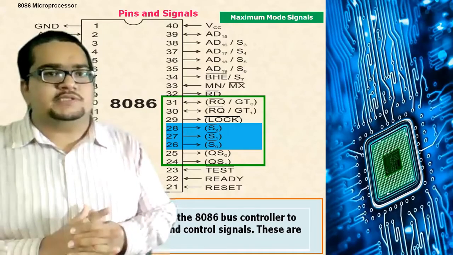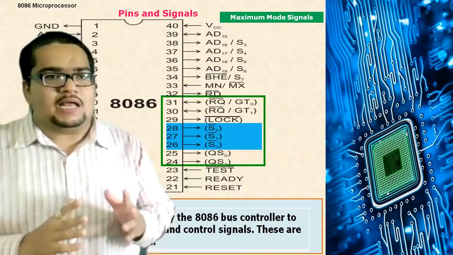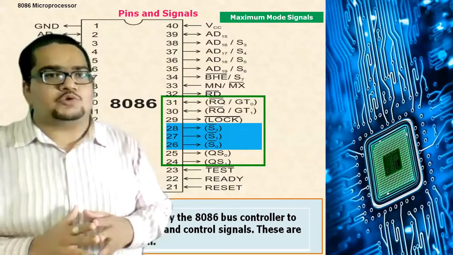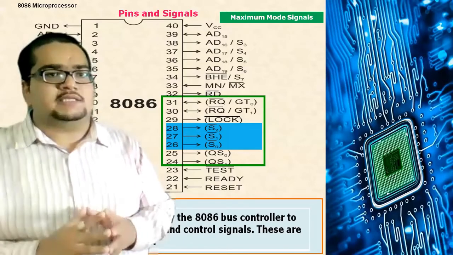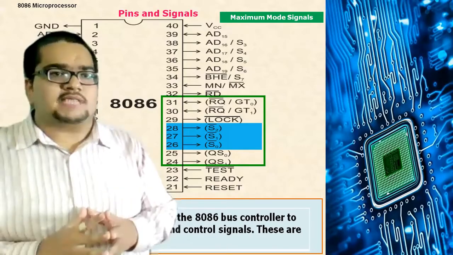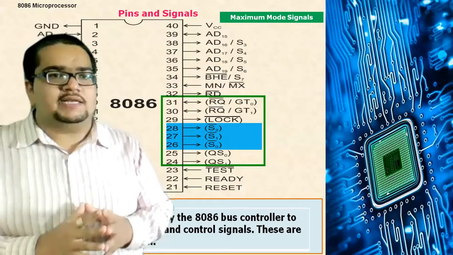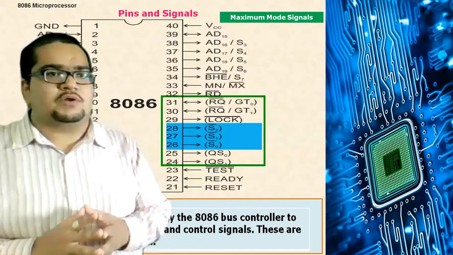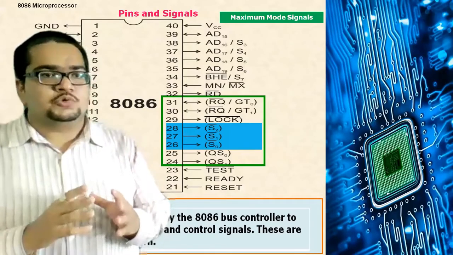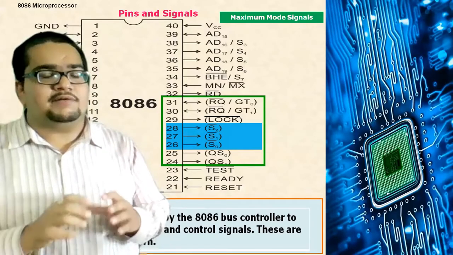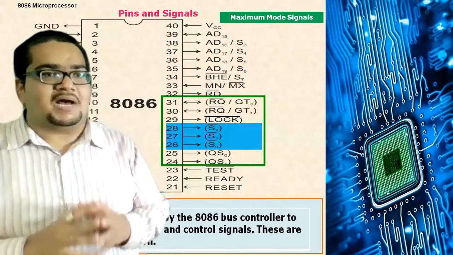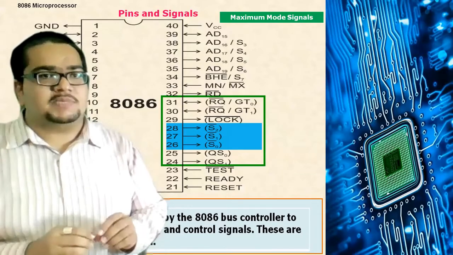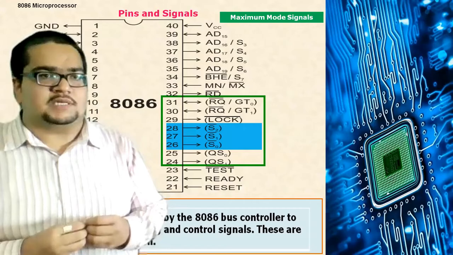When I give you these IC numbers, they are not that important for our course of study, but to understand the system's working, you should remember these IC numbers. 8288 is one of the ICs which is a bus controller, Intel's bus controller. That one will be taken and it will act as a bus master. So the system buses will be available with that bus master.